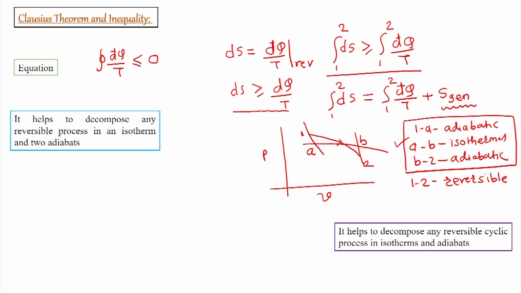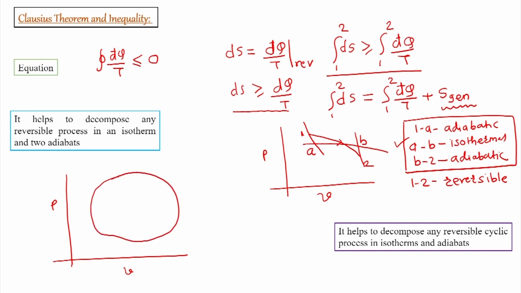Other thing which we get help is we can decompose the cycle into multiple isotherms and adiabats, as this is a non-cyclic process. Similarly, if we have a cyclic process, then the cyclic process can again be decomposed into multiple